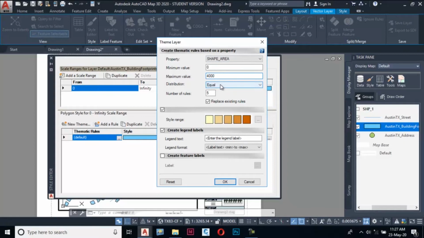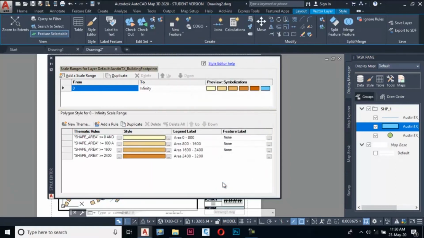Ensure that equal option is selected in distribution drop-down list. Next, enter area in the legend text edit box. Select the label text minimum minus maximum option from the legend format drop-down list and then choose OK button.